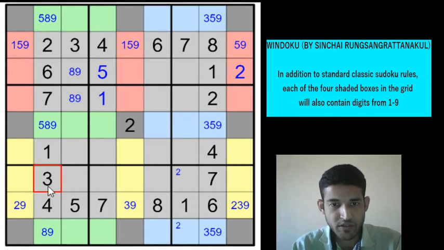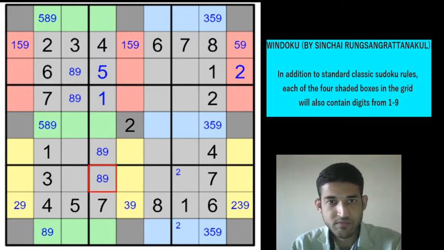And let's focus on this window now. 1, 3, 4, 5 and 7 are in that box. 2, 6, 8 and 9 are to be placed. But we just saw that 8 and 9 have been placed here. So 8, 9 cannot be here. So which means 8 and 9 will be locked in these two cells, right? But we have an 8 here. So this means this is a 9. So this is a 9. This is an 8.